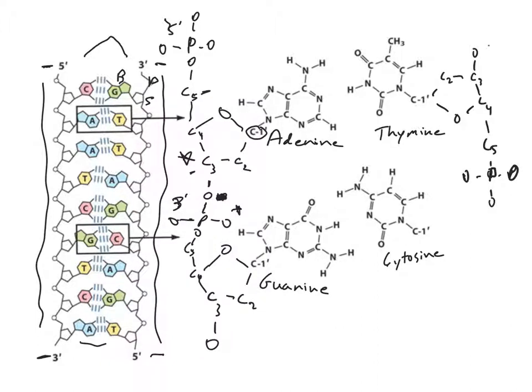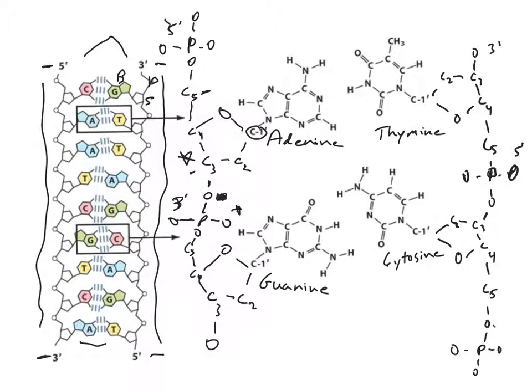So here we have the 3' to 5' directionality, and this base would have its own sugar here. And this carbon here would be linked to that phosphate group right there, and so we have the 3' to